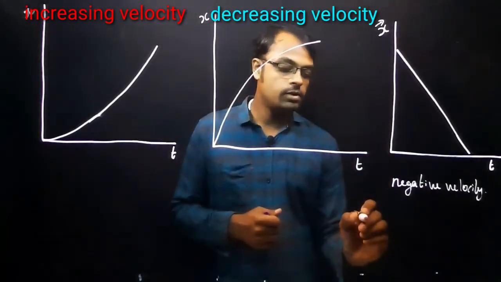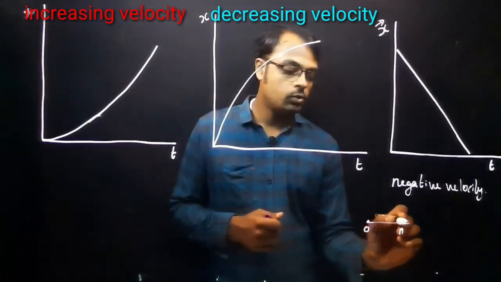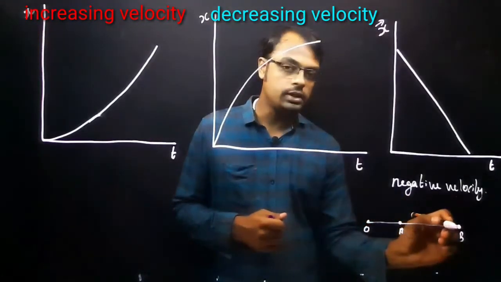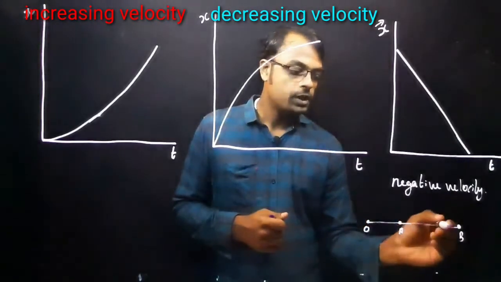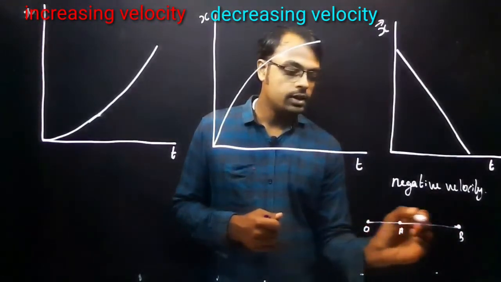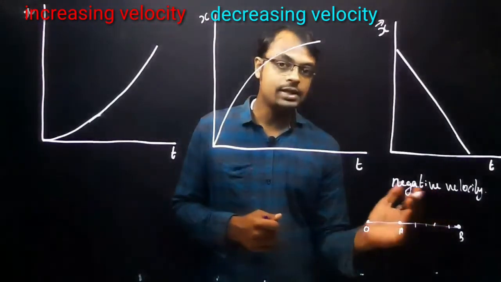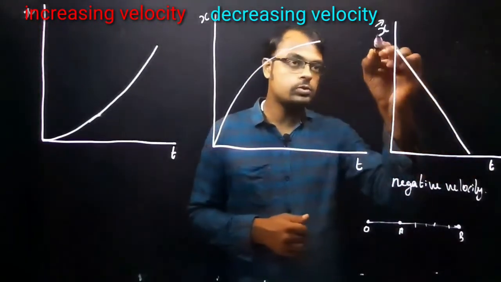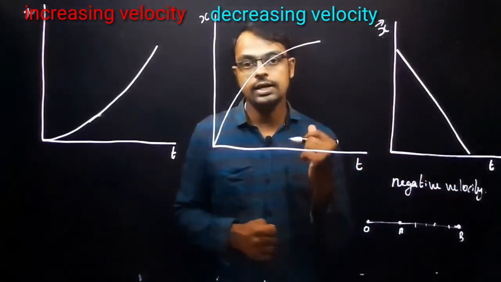Clear? For example, this is the origin O. The object was at position A. Now this is position B. First of all, the object was traveling from A to B. So you can see here the distance as well as the displacement is increasing. Now if this body is coming back towards A, what will happen? It is coming in the opposite direction, right? So the displacement is decreasing. So this shows a negative slope, and the slope of a displacement time graph is velocity. So this shows negative velocity.